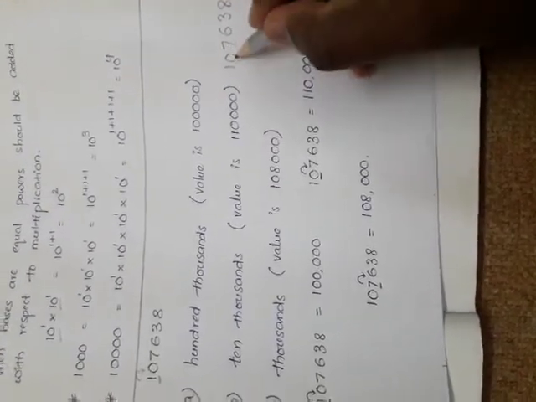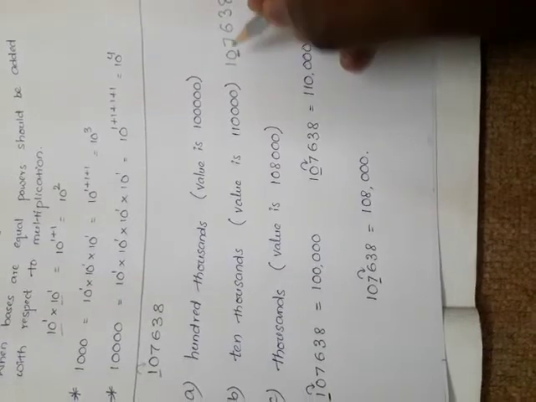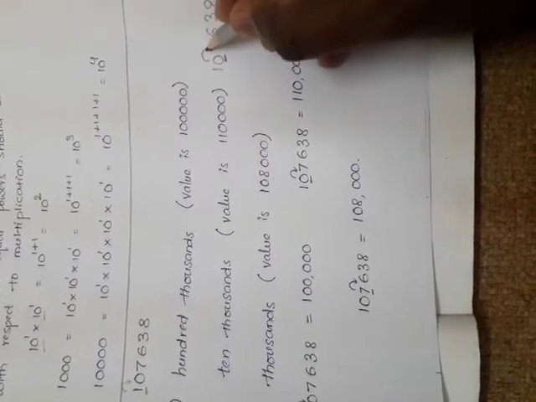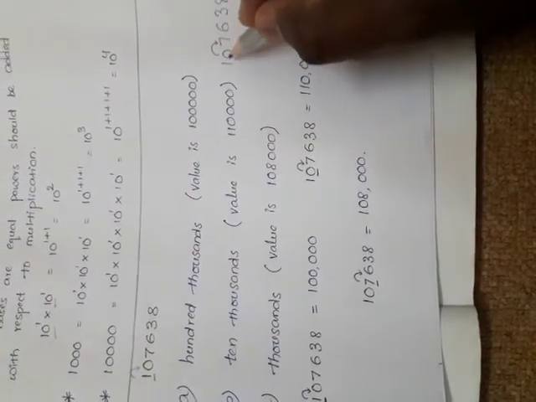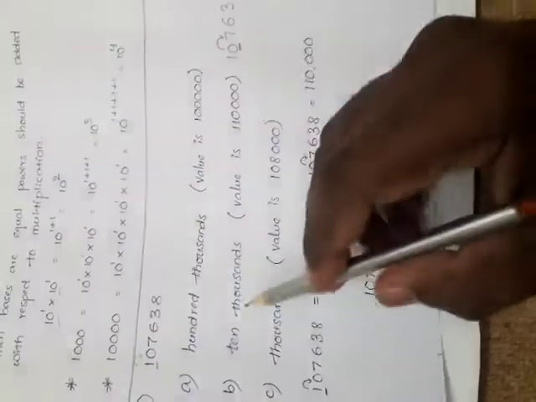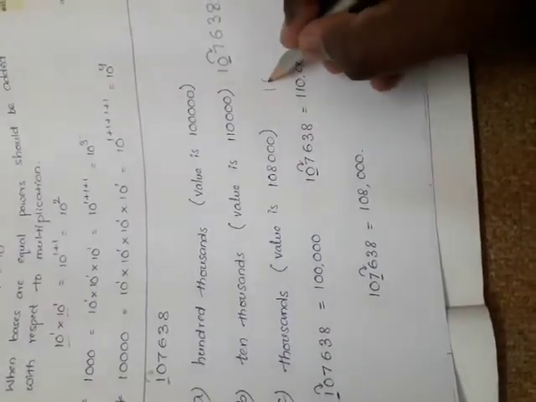So now I look at the 10,000 place. Look at the 10,000 place here, and the number before it is what? 7. If it is 7, this number changes to the next number, so 1. So 110,000. That means the answer is rounded to the 10,000 place. Next one is